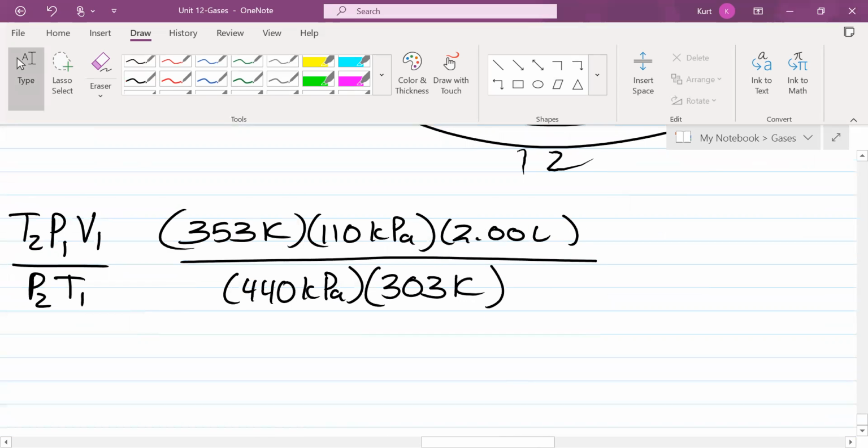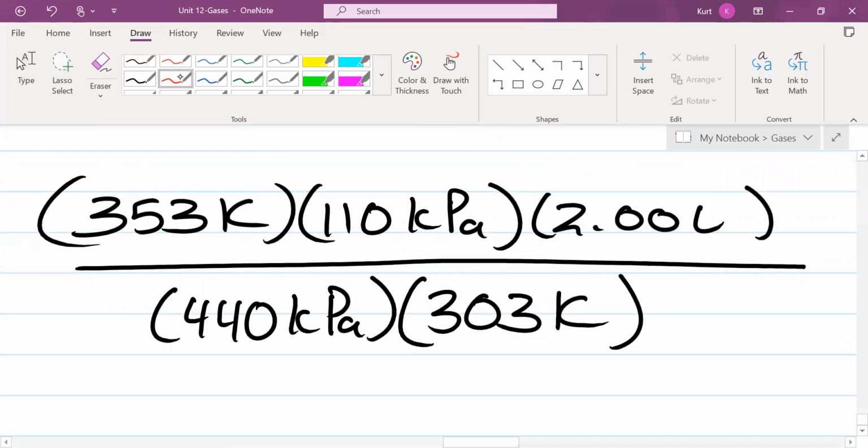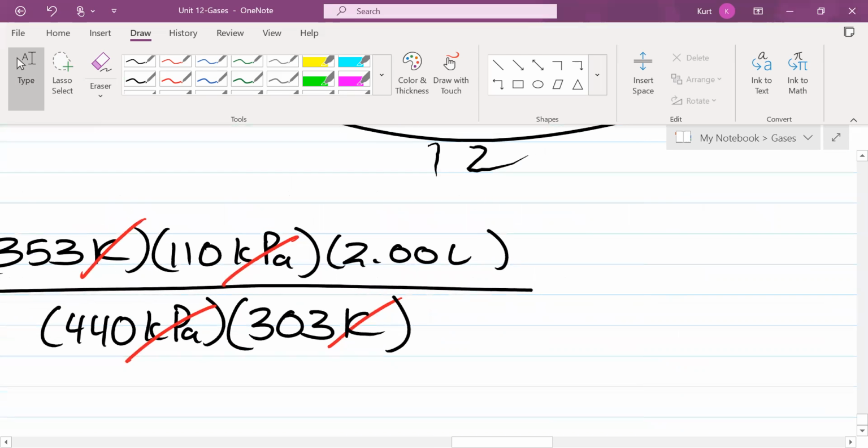Like, what units of measurement are going to cancel out here? Kelvin and Kelvin cancel out, and kPa and kPa cancel out. So what will your answer be measured in? Liters is correct. Now, I want to show all my work so everybody can keep up. So I'm going to multiply the top, and I'm going to multiply the bottom first before I do any division. 353 times 110 times 2. I have 77,660 liters over